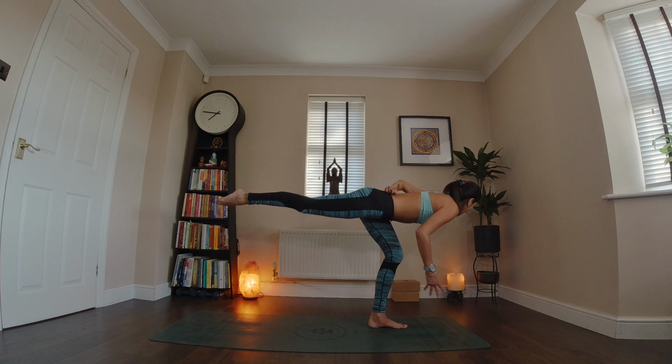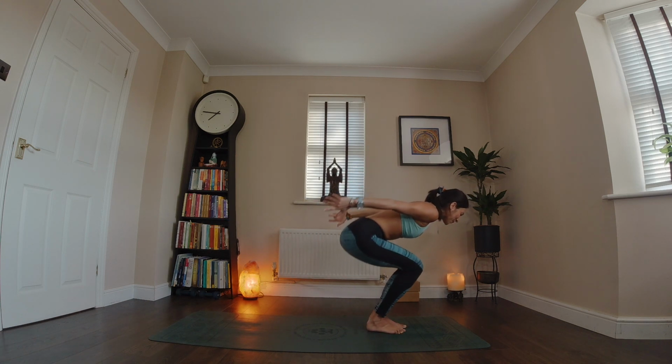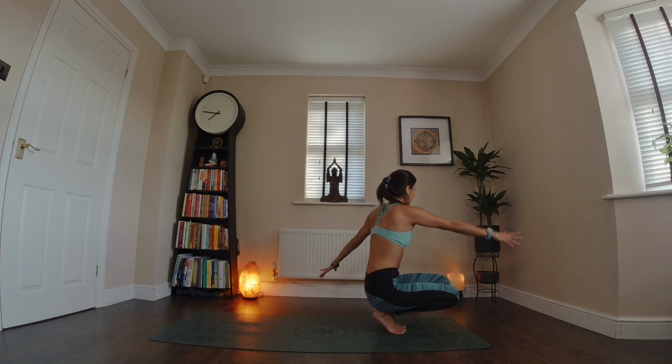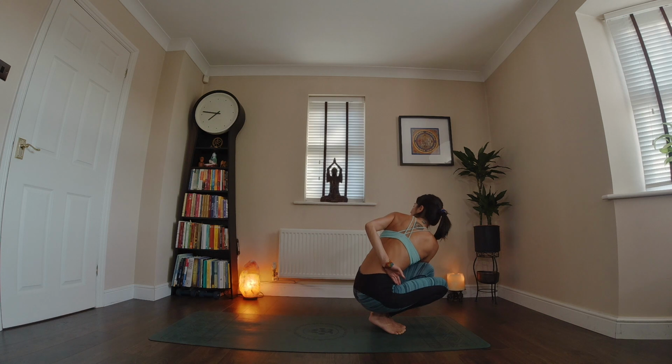Taking the gaze down, arms back, bend the left knee. Step the right foot forward. Heels up. Arms over to the left. And here again, you can choose to do noose posture, or